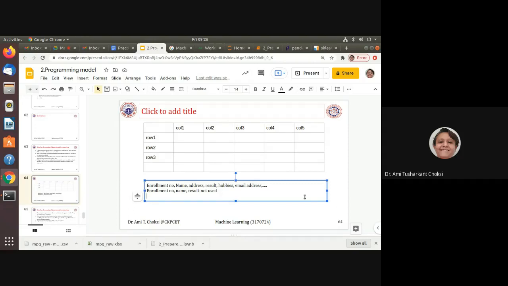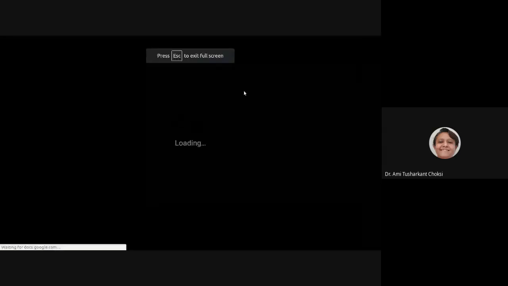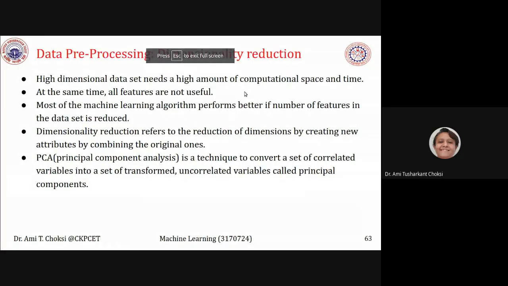That means you are removing them for further processing, and that is dimensionality reduction. Is dimensionality reduction only this way? No, this is one way, where we ignore a few columns. We can have some more things also.